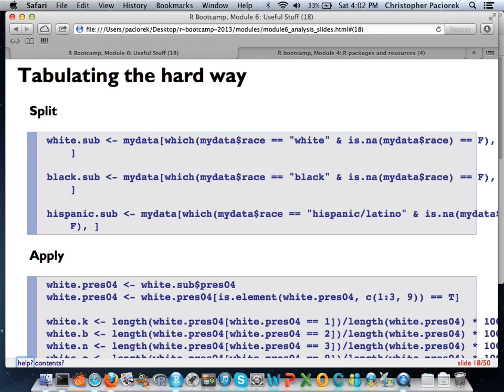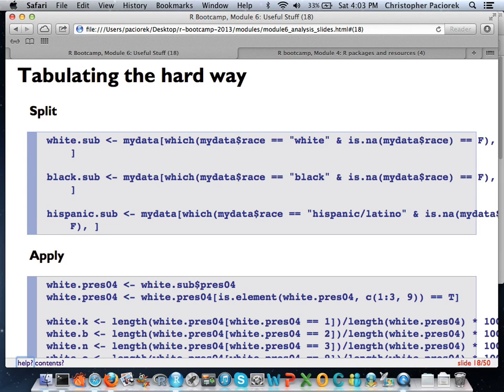So you can see what we have here. We're selecting those particular rows that have white as the race, and those particular rows for which race is not missing. So we've got a non-missing subset of white voters from our overall data set. And we applied the same exact thing for black. Just to point out, this is not to be overly critical, but that's a little bit redundant because you've got the which wrapped around a vector of trues and falses, and you can just directly use the trues and falses. Right. You can do that too, yeah. So you don't actually need the which, but it doesn't hurt to have it anyway. Many ways to do the same thing.